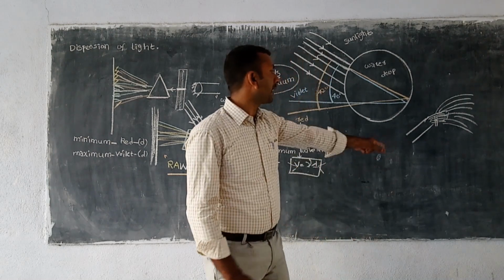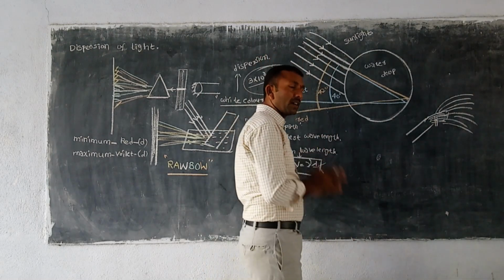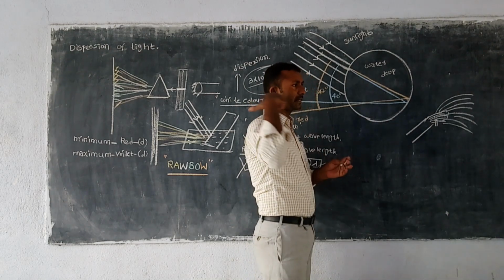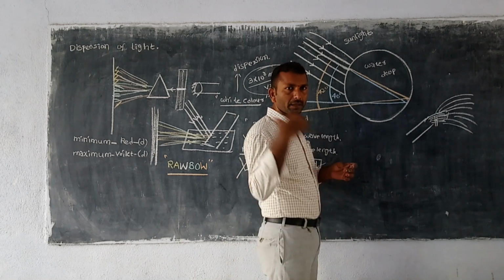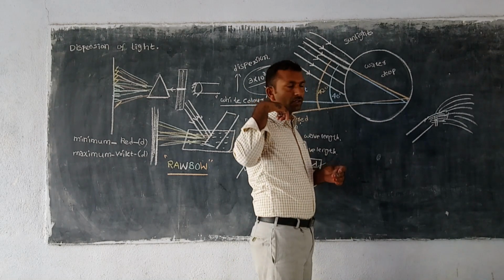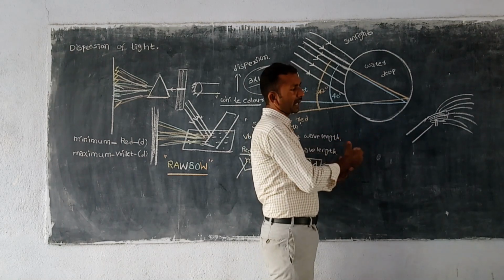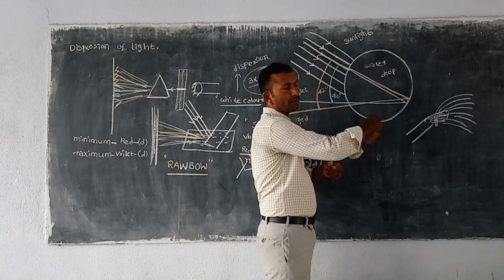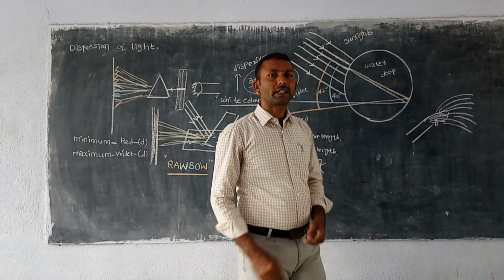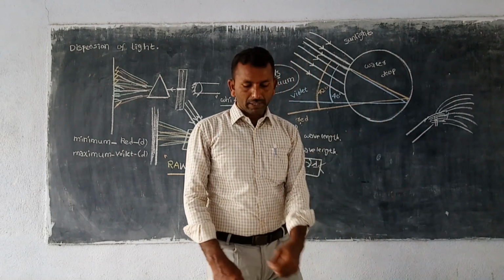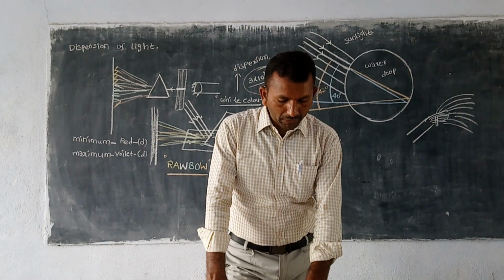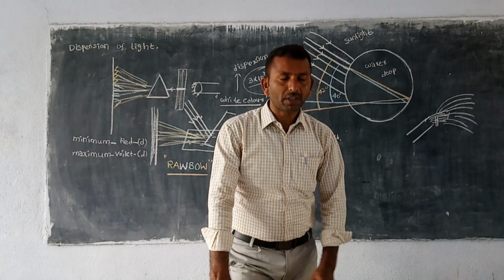While we are doing this, we are standing in front of the wall, and the light rays fall on the backside of you. If you keep the pipe like this and make the water flow like a fountain, at that time you can see the different colors on the wall. And how is it happening? Are the sunrays coming back to your eyes from the wall or from the water drops?